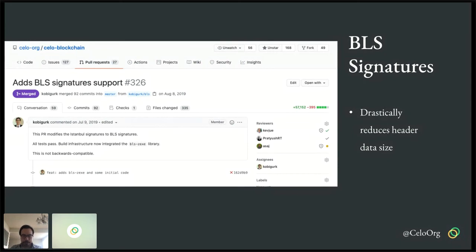But we need two-thirds of the validators to sign on these blocks to ensure that this block is actually fully finalized. And because right now we have a validator set of 100 validators, that means we'll need 67 signatures on the block header. Each one of these signatures is 64 bytes long, and because we have 67 of them, this is not a trivial amount.